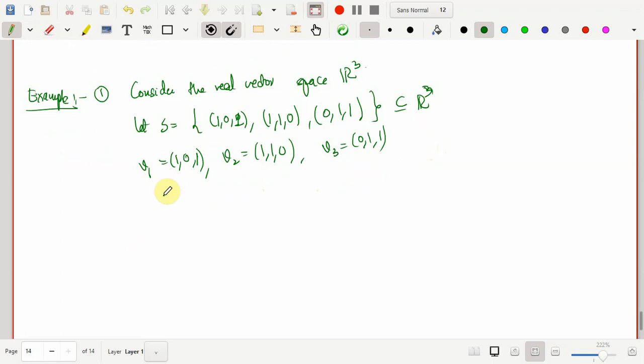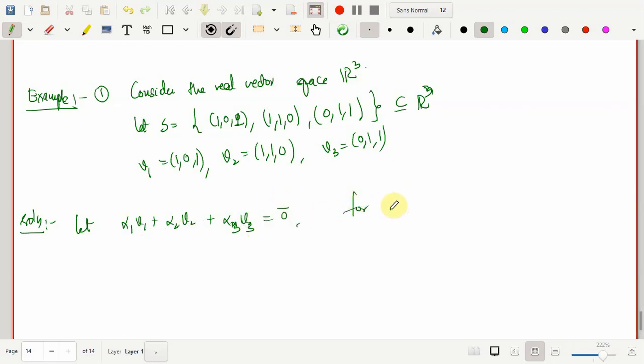To check whether this is linearly independent or dependent, see the way I'll go. As of now, I cannot conclude whether it is linearly independent or dependent. We need to check it out, so I won't start with the claim. I'll just start with the linear combination. I'll start with any scalars with the linear combination equal to 0. Let's see how we convert this into a system of equations. That's a crucial part to observe. So let alpha 1 v1 plus alpha 2 v2 plus alpha 3 v3, since there are only three vectors, be equal to 0.